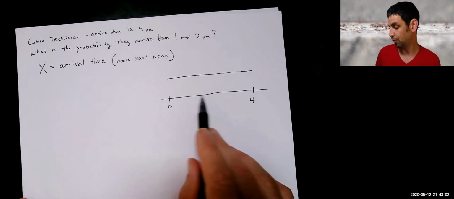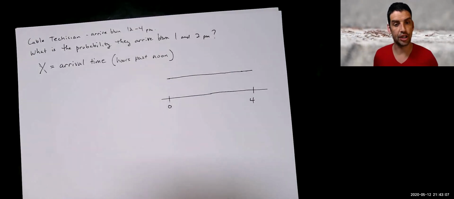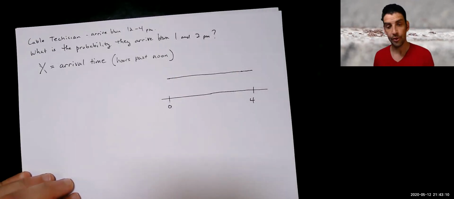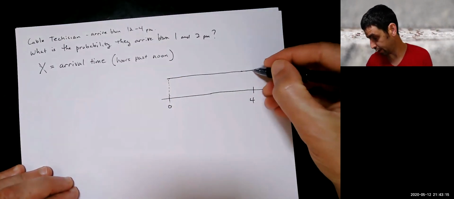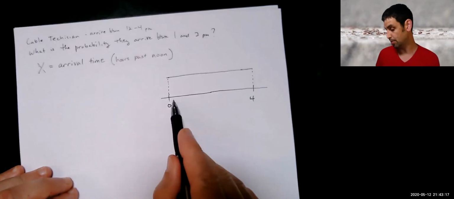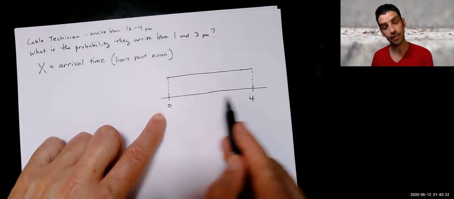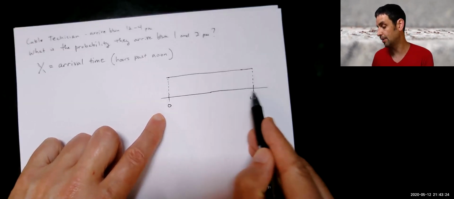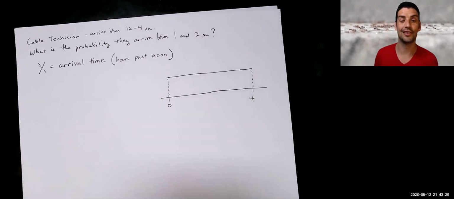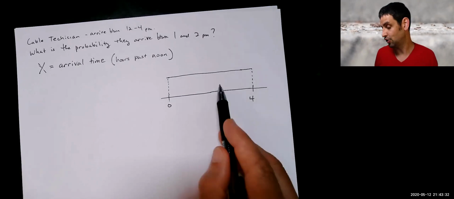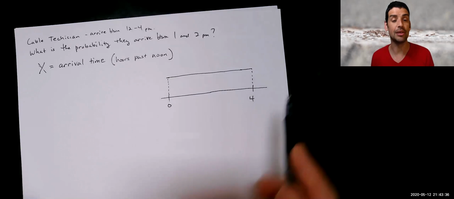And if they were more likely to show up in the middle, I would have made it taller in the middle. We'll do some examples like that later, but I'm just starting off with the simplest idea. And the way we'll think about probabilities, this box that I've now created, right? This shape between the two endpoints of our data, this is all of our data. The arrival time is represented by this horizontal axis, and the height above this is the relative likelihood of each time in here, right? And the fact that it's flat means they're all the same,